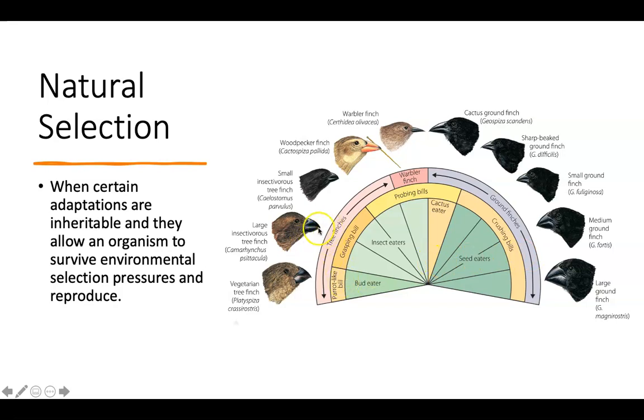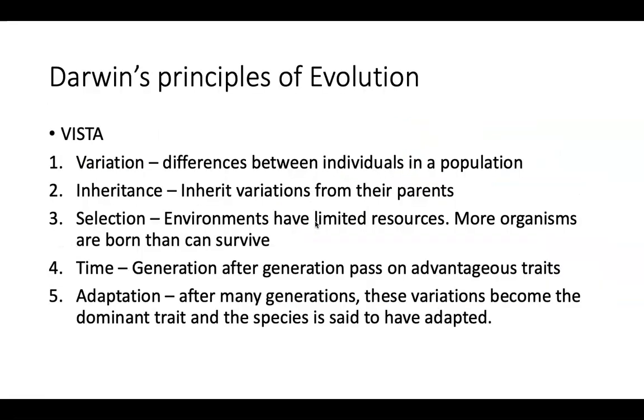Whereas if they were more like an insect eater, then they might have more grasping bills, so bills that are good for catching insects and eating those insects as well. Again, if we're in an environment where there's lots of insects and no seeds, then these sort of finches are less likely to survive and less likely to pass on their bigger bill traits. Conversely, if these finches over here, the tree finches, ended up needing to eat seeds, their beaks may not be suited to that, and so that's going to be a selection pressure on them. So whether they survive or not is all part of that idea of natural selection.